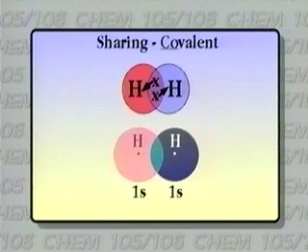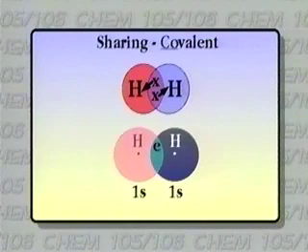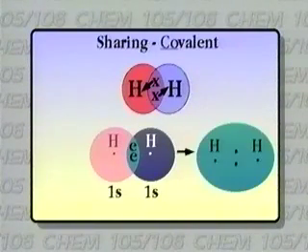So that electron could be anywhere, and what we're going to show is that that electron now tends to move over in this area because it sees the other positive nucleus, and of course the other electron that was involved from the other hydrogen also is attracted,